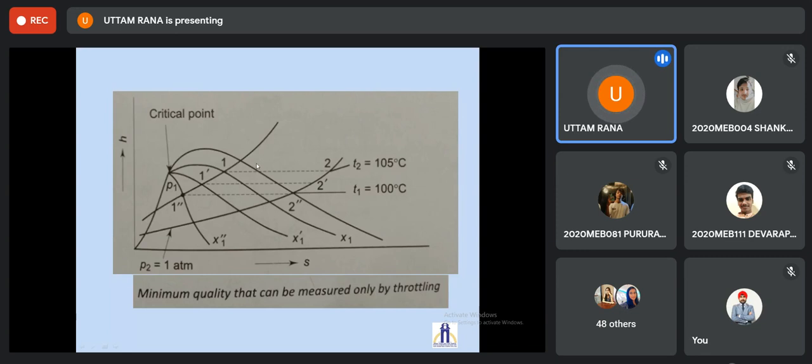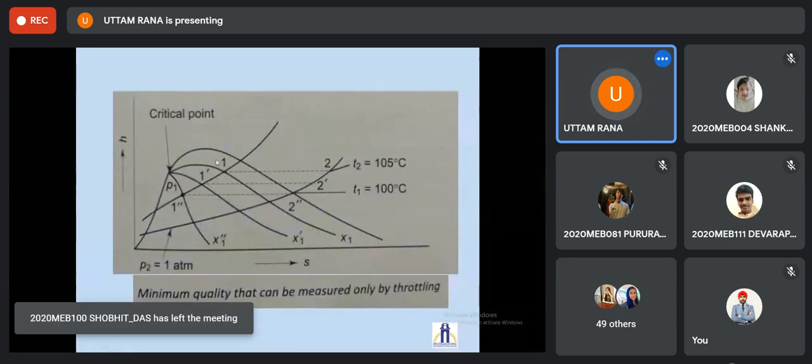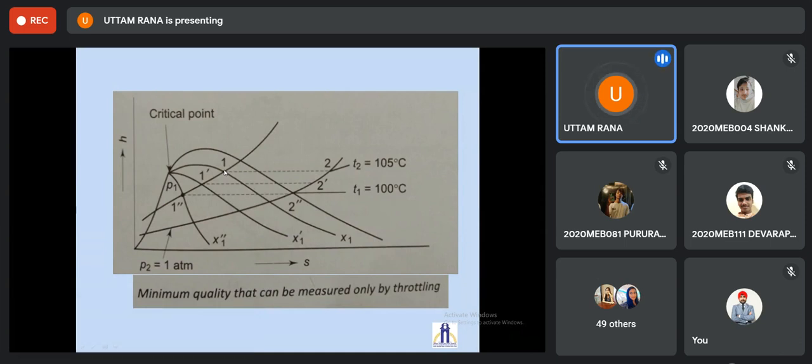Here we look into this problem. The state is basically 1, and after throttling, let us say the pressure is P1. We are considering that the steam is at, say, 1.5 MPa pressure. So state 1 corresponds to a state where the quality of the steam is x1, which has to be determined, and the pressure is P1, which is 1.5 MPa. Now it is throttled to atmospheric pressure. If you throttle it, it will go along a horizontal line in the HS diagram, and the corresponding temperature will be, let us say, 105 degrees centigrade.